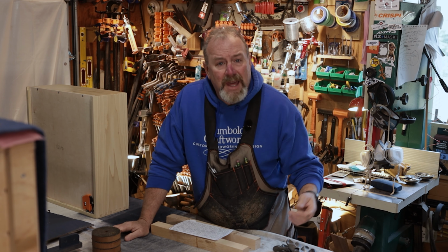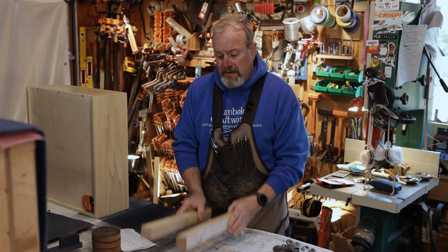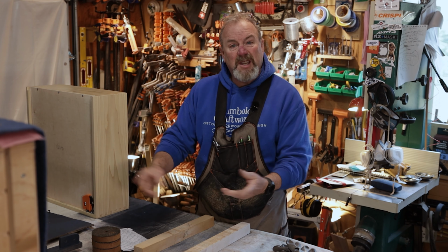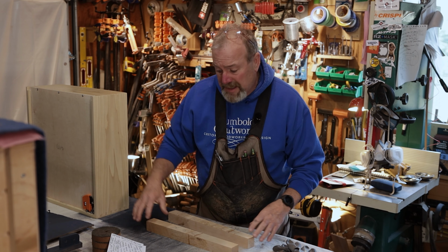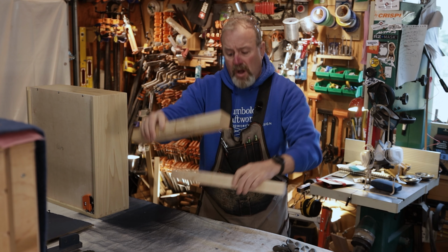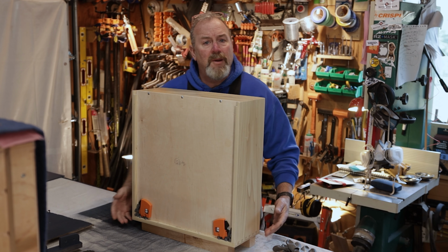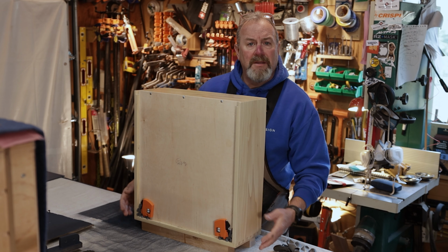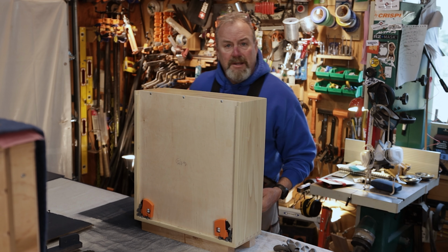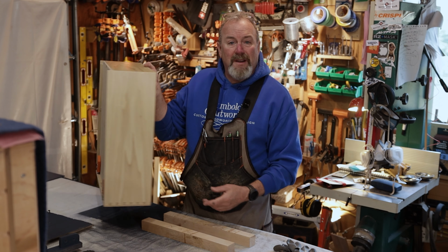I also noticed that in that video when I was spraying, I had sticks like these guys here going this way, sticking out on both ends, which was causing me to get stuck on the sticks because of overspray. I use cauls most of the time and I set them down like this. I take the drawer and put it over the top. As long as the cauls aren't sticking out beyond the sides or the top and bottom of your drawer, they'll stay dry for the whole entire time, and that way you don't have to worry about getting